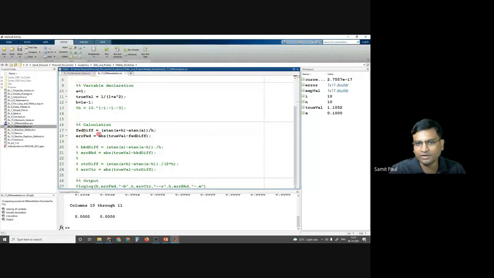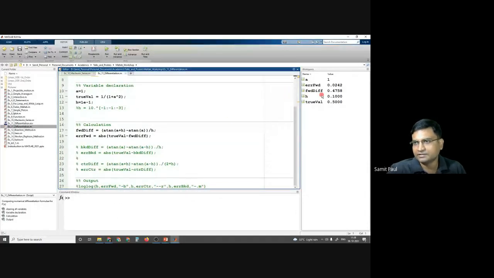And then I am initially calculating the forward difference formula. What is the forward difference formula? Tan inverse of a plus h, that's function of a plus h minus function of a, divided by h. This is the forward difference formula, very simple. And I am calculating the error for the forward difference formula. That is the true value minus the calculated forward difference value. This is the error. And if I run it, see, the forward difference formula gives us the error